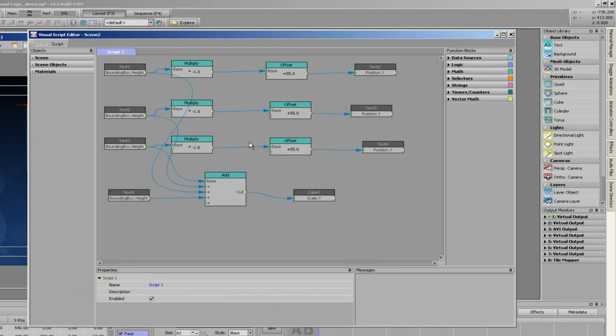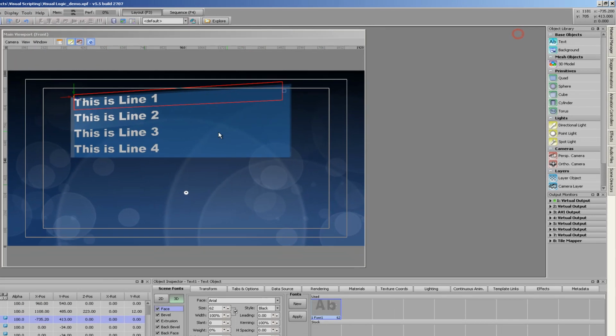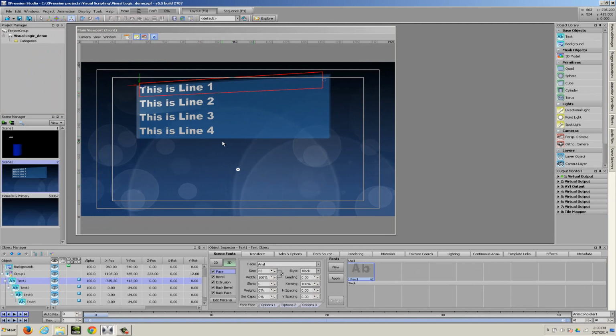So this is what the Visual Logic interface looks like. Essentially, you have different blocks that you can build, and you can connect outputs of those blocks to inputs of other blocks to either modify the values that we're retrieving, or to send those values to the input of another object. So in this example, what we're doing with Visual Logic is we're controlling the position of text objects based on the height of the bounding box of the previous text object. So this is a really practical example of something that a lot of customers are going to want to use